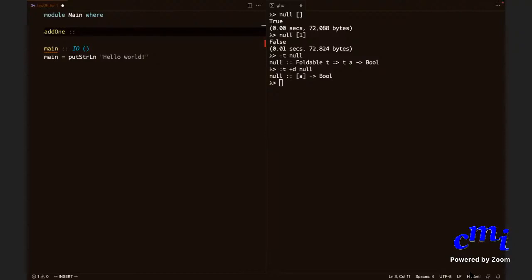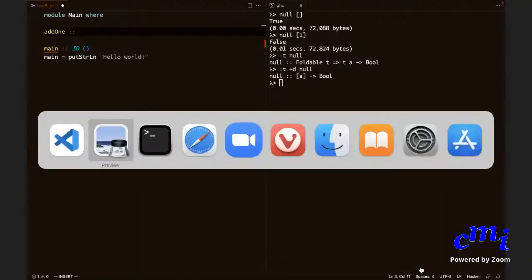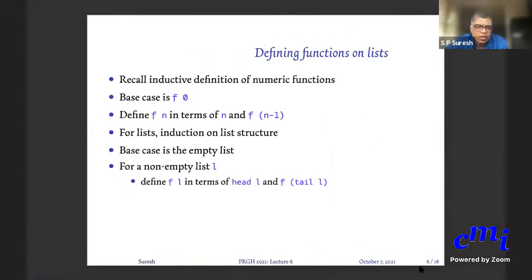Sir, could you show me the slide once more? The functions on this, just one look at it. Yeah. One second. This you mean? Yeah, that's all I wanted. Yeah, thank you. Is this fine? Yes, sir. So can someone volunteer to solve this? Add 1 to every element in the list.